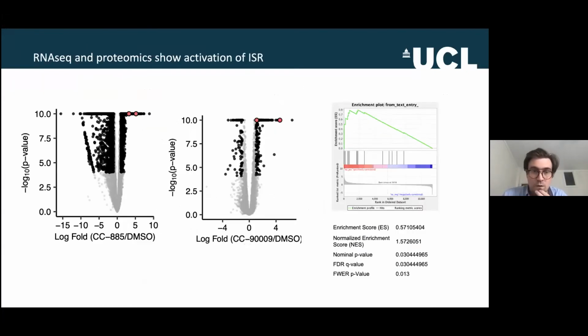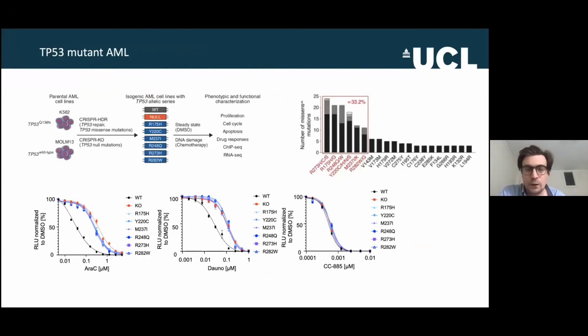Okay. What's happening downstream of that? The labels have fallen off, but these red dots on RNA-seq are ATF3 and ATF4 and show activation of the ISR. I should point out that Celgene have actually produced a very nice Blood paper where they've also demonstrated the critical importance of the activation of the stress response pathway. However, we were interested in this as a therapeutic angle, and